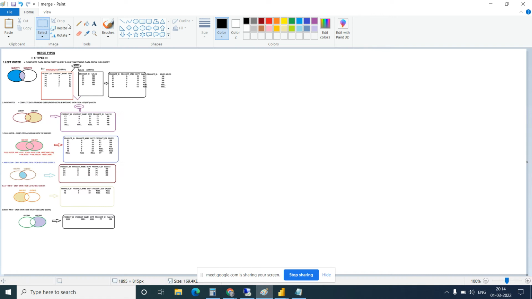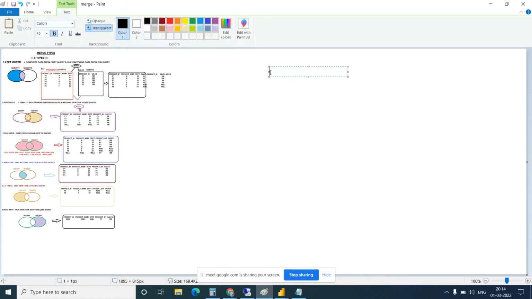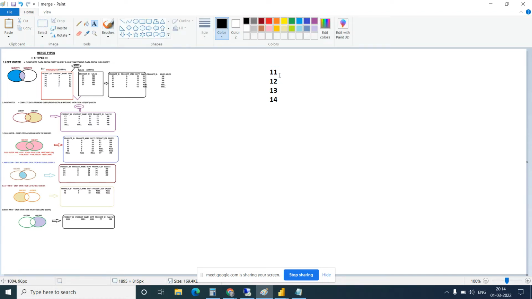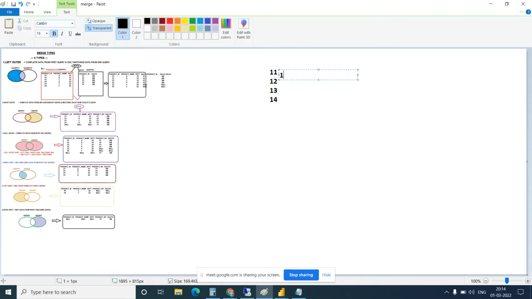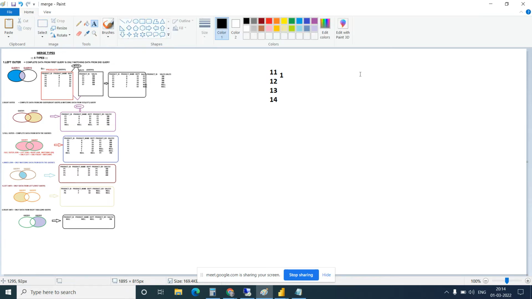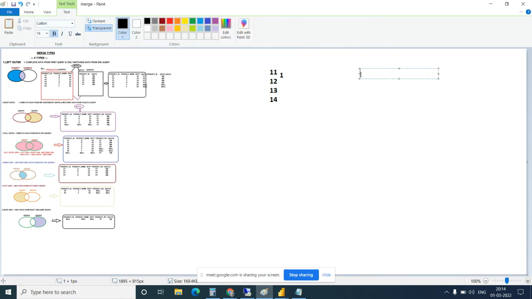So let's say I have these numbers 11, 12, 13, 14. How much is the difference between 11 and 12? There is only one difference, which means it is incrementing by 1. But what if I have a requirement that I want to increase by 5?